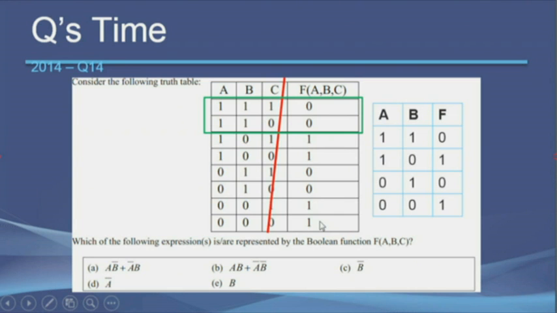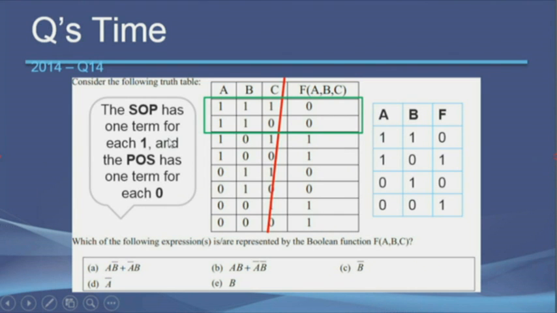Now let's see that. As you know, the sum of products, SOP, has one term for each 1 and product of sums has one term for each 0. Here, as we see, these are SOP expressions. Let's consider what the correct SOP expression of these two sections is.